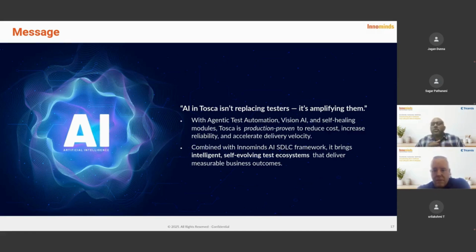Last but not least, if you want to optimize existing processes, for example the regression time, again using intelligent mechanisms, identify the heat maps and figure out what code changes are really impacting your test cases, and only execute those using AI features, and again that would give you a benefit. So it's not a one size fits all problem. You need to really understand where your problem is and how you want to reap the benefits.